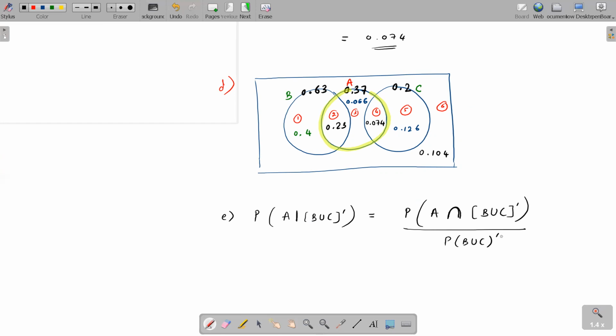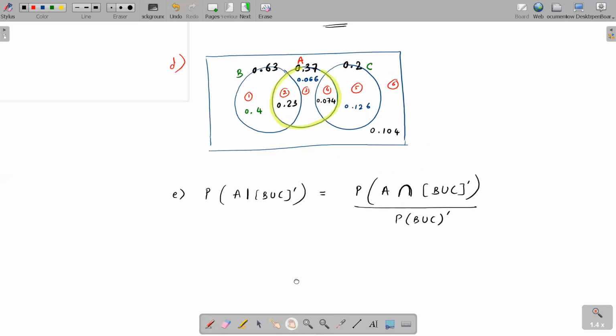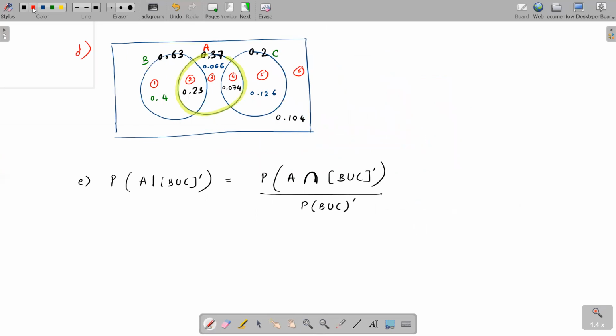Okay, so now the task is to use all these regions and try to find this. Shall we try to find it? So I'll write in a corner, A intersection B union C dash. I think the first thing, better to get who is B union C dash before I go into anything else. So first we will get B union C, then dash we can look into later.